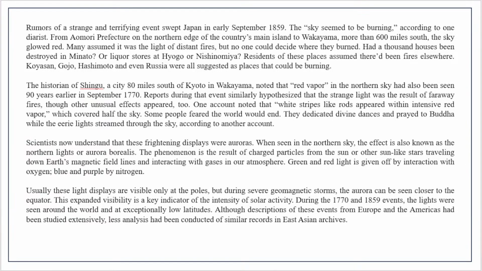Usually, these light displays are visible only at the poles, but during severe geomagnetic storms, the aurora can be seen closer to the equator. So normally these auroras can be seen near the poles. Okay, but sometimes when there is a lot of bombardment of particles, take severe geomagnetic storms, then these auroras can be seen even at lower latitudes, okay,